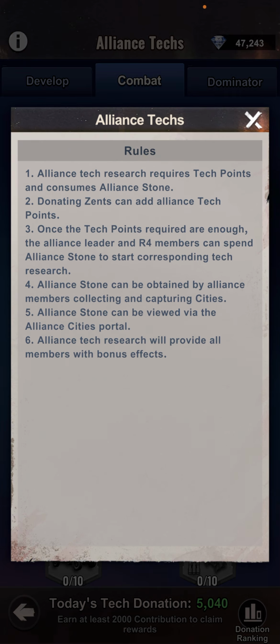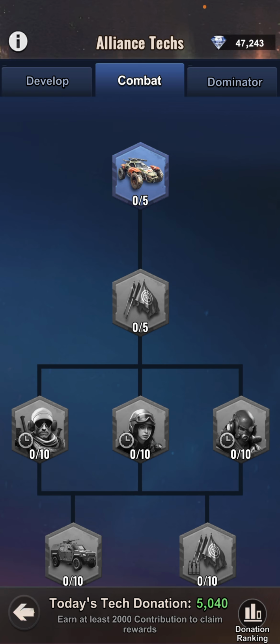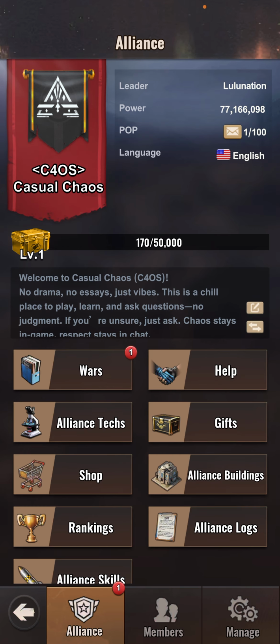Here are the rules. It's very simple. Just click on the top left icon, and it tells you what you can and cannot do. Basically, what you can do. So let's move to